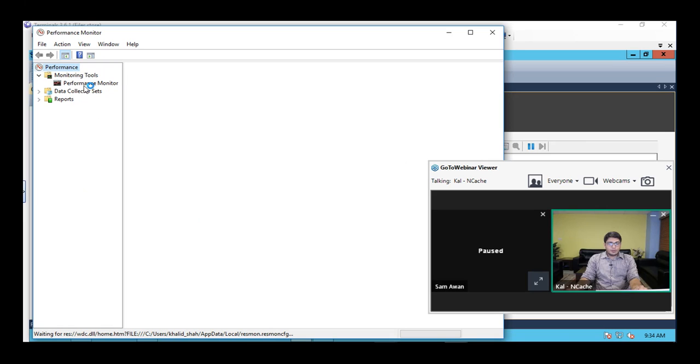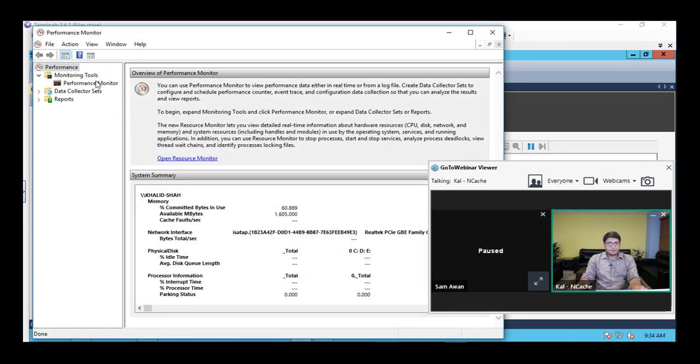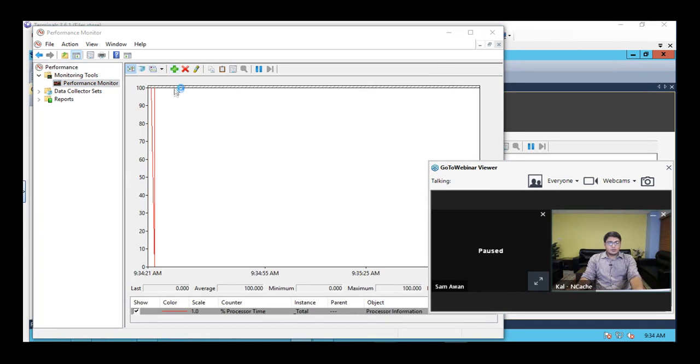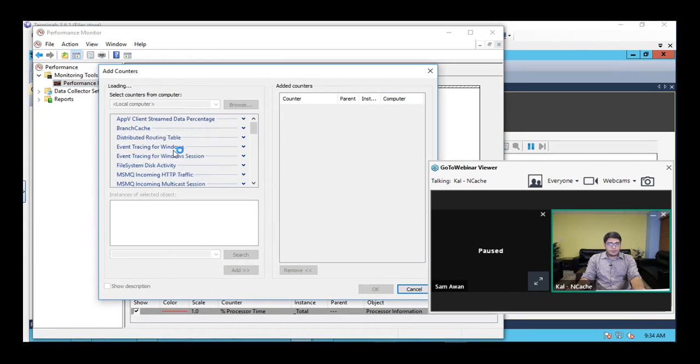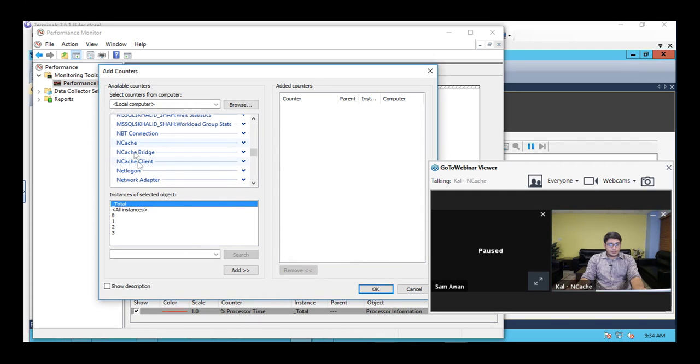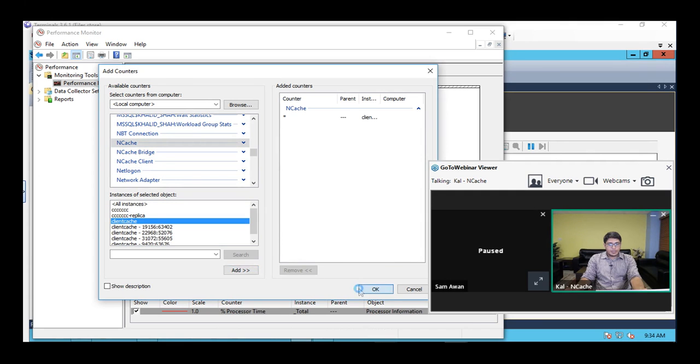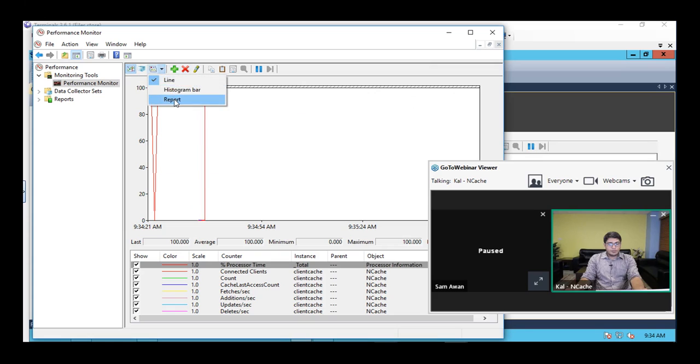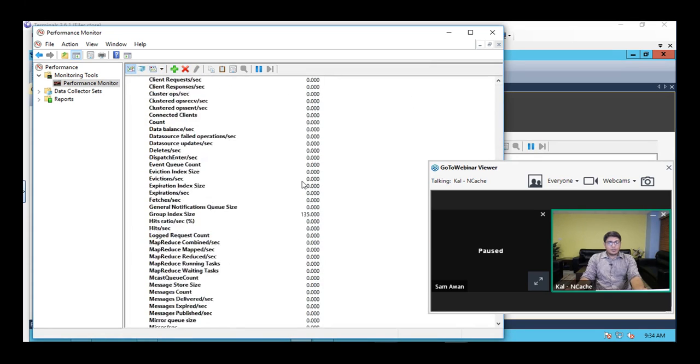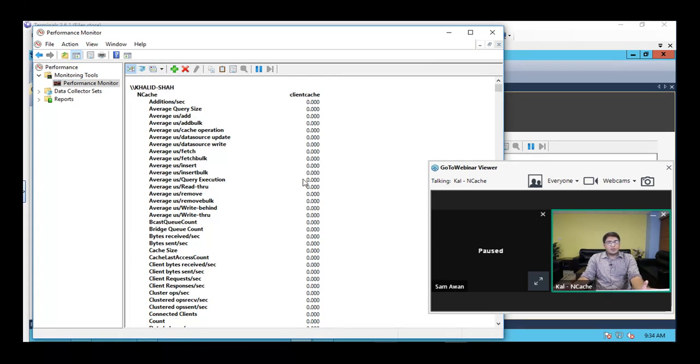It's opened up now, and I'm going to open up a brand new Performance Monitor to look for the category of Encache. There it is. And here I have the client cache that's present right here. I'm going to click on add, and click on OK. I'm going to change the view to report view. So now these are the counters. Everything is showing up as 0 right now because it's not being used. It's a separate process that's running because we've set it to outproc. Let's see how the numbers look now.